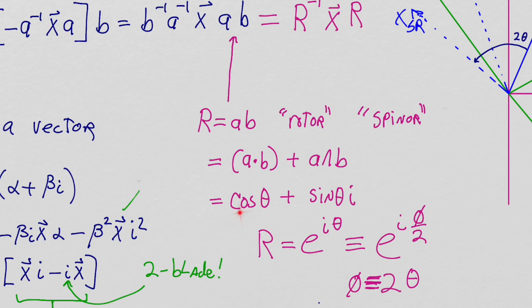The grade 0 part for two unit vectors is going to be the cosine of the angle between them, because the two magnitudes are 1. The grade 2 part, well, that's the area of a parallelogram bounded by the vectors A and B, right? Well, that area is the magnitude of A times the magnitude of B times the sine of the angle between them, but